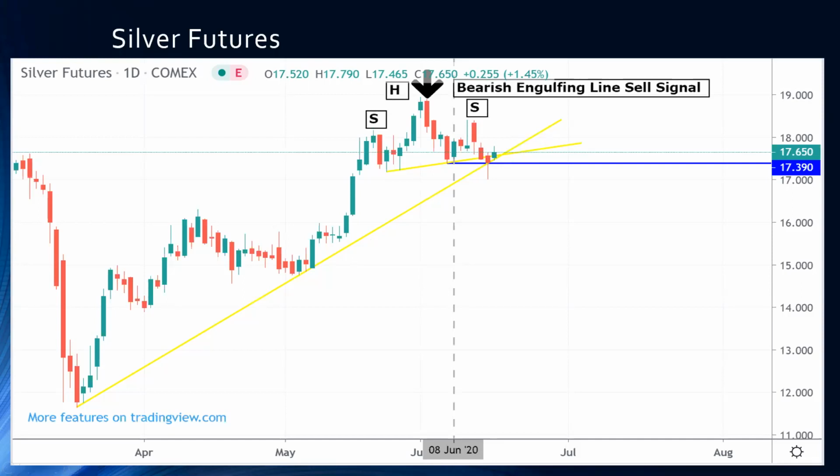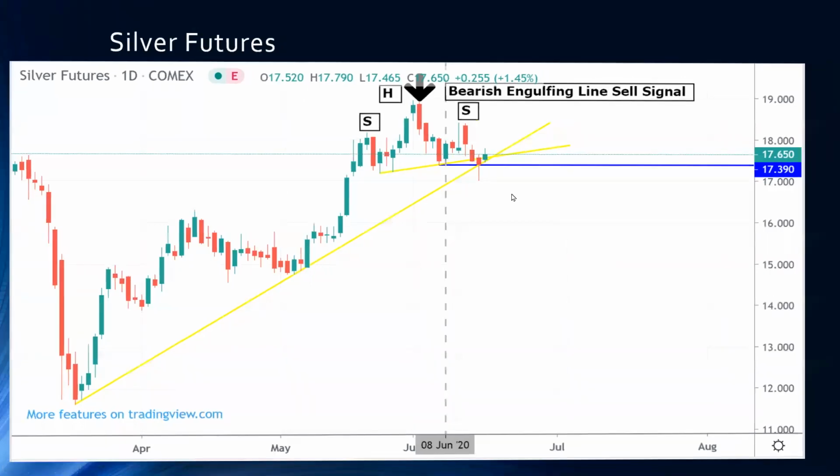So it's a great time, if you're getting shaky being long the silver market, because you have a head and shoulders sell pattern, plus you have the bearish engulfing line sell pattern. Not that these things mean that the market's going to go lower. However, if these things work, you have the market most likely heading down towards the 1600 to 1550 area. Not necessarily bearish, but a bearish correction. And that's why you put on a trade like this.